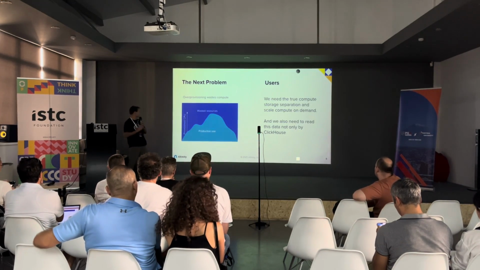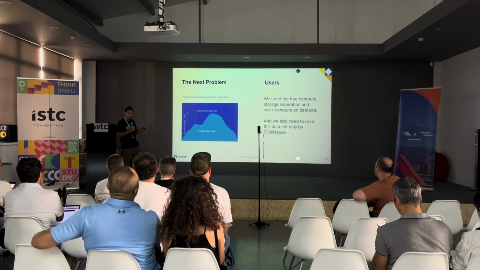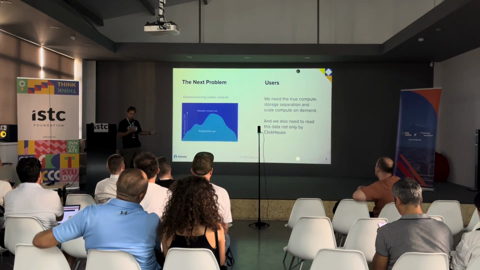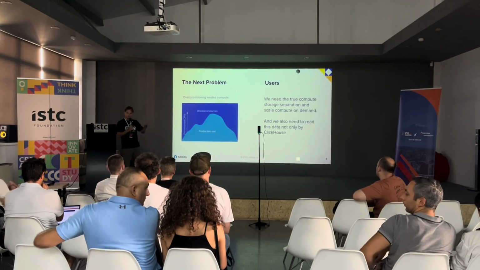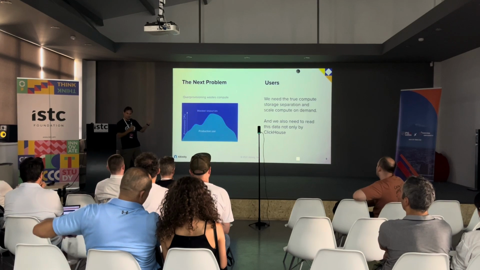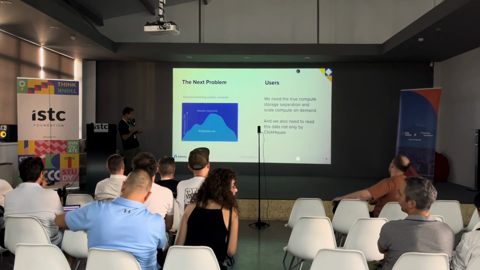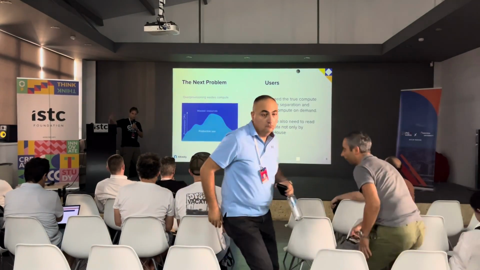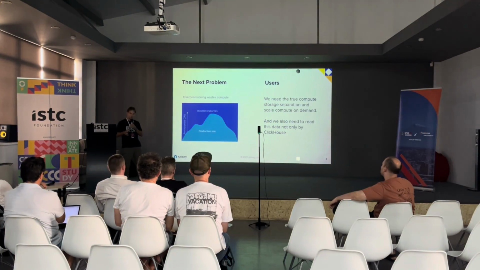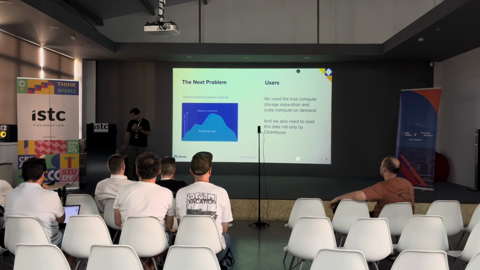This is another problem. Usually your ClickHouse system is way over-provisioned for compute because you want to give resources to everybody who wants to use the system. So what users really want is to scale compute separately from storage. This is called compute and storage separation. If they need more resources or new use cases, they just run more compute for that. And also they want to use not just ClickHouse, but some other tools like Iceberg, for example, or some other machine learning tools.